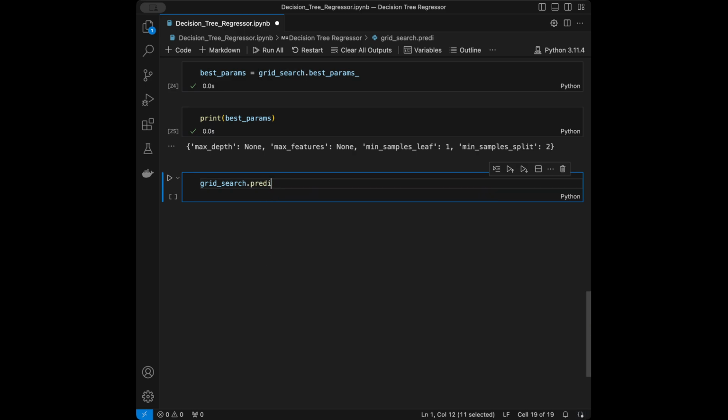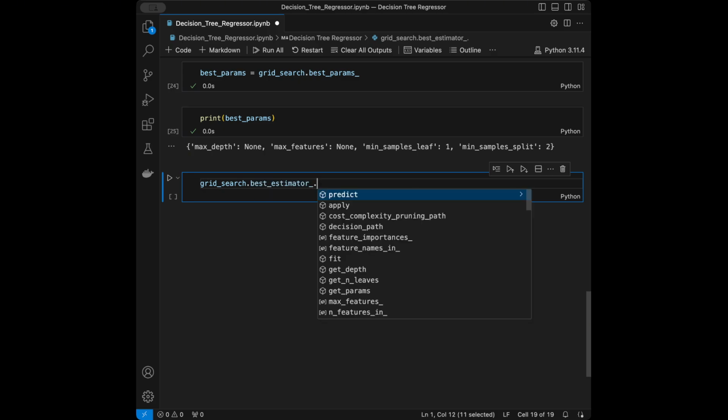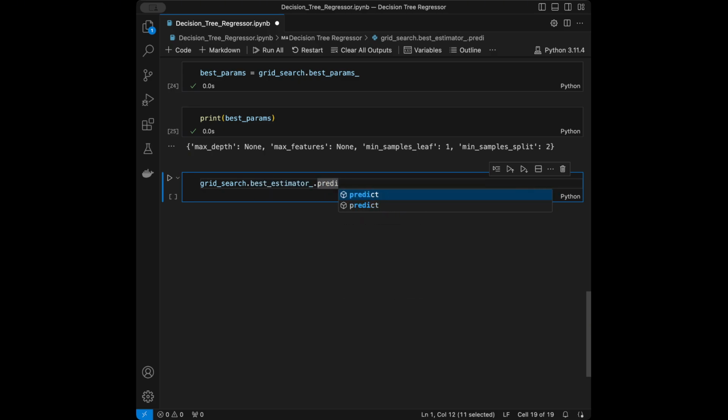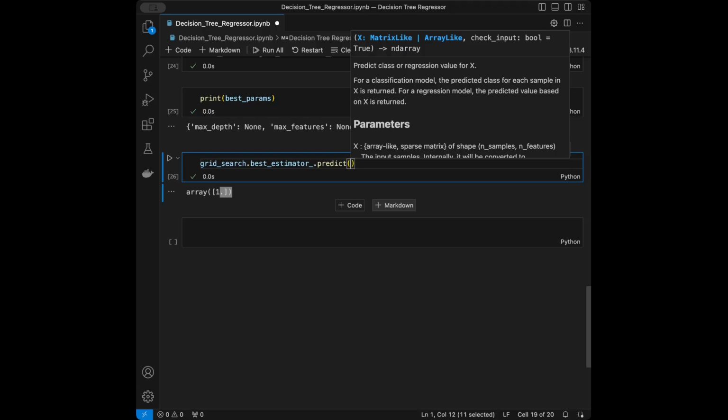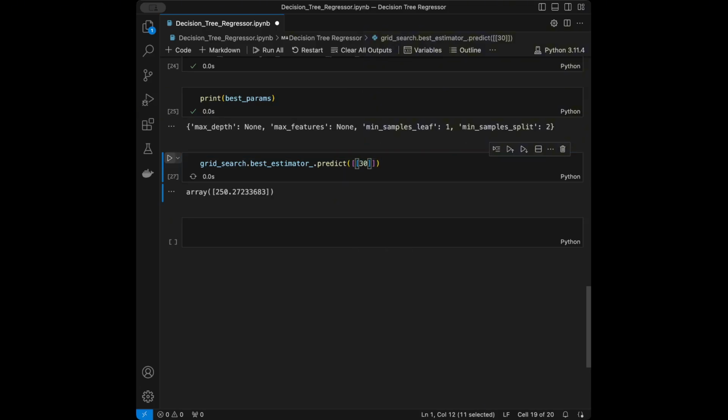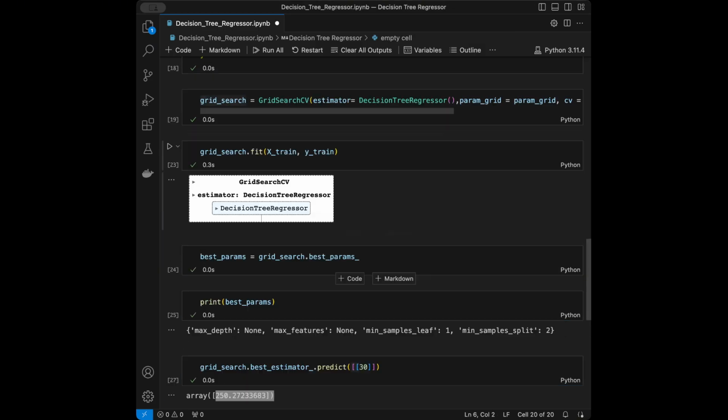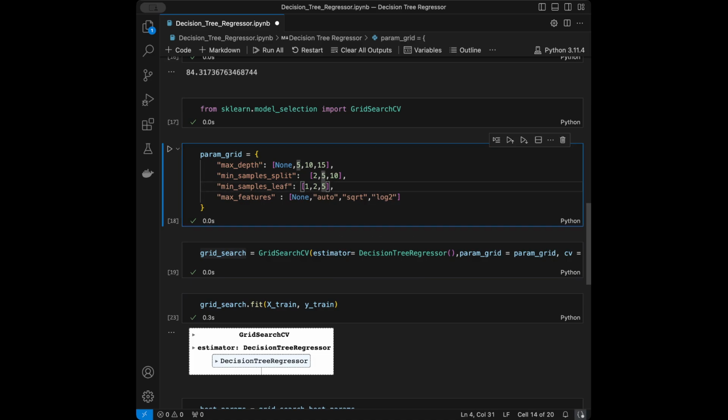And also we can use best estimator, then we can use predict or feature importances like this. It's completely up to us. By the way, we have one feature, so you can use the predict method by passing an x value in two-dimensional format. Let's pass the third value, and I'm going to get 250 when I pass my value in a two-dimensional format like this. Great. This is how we can do hyperparameter tuning,